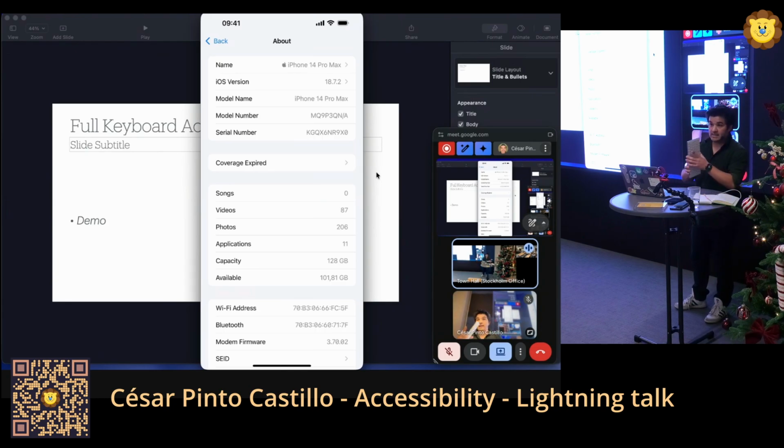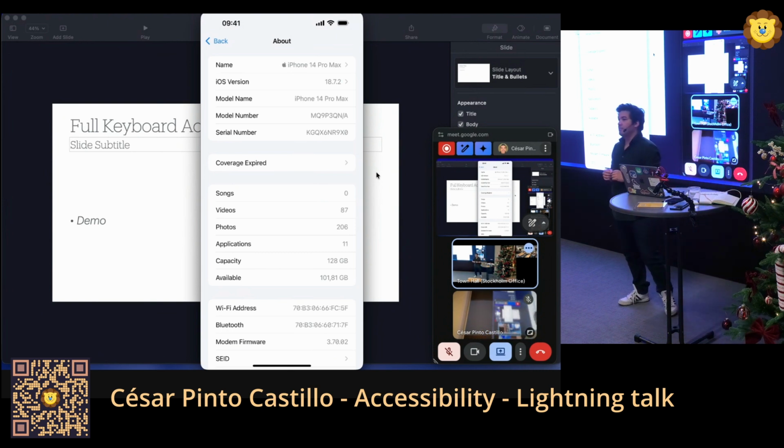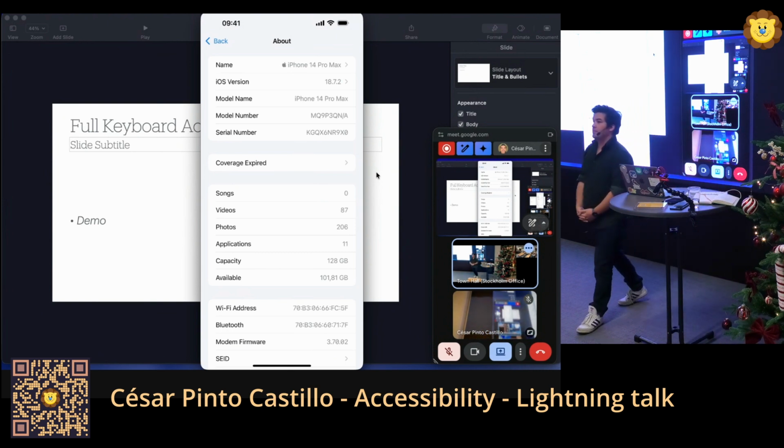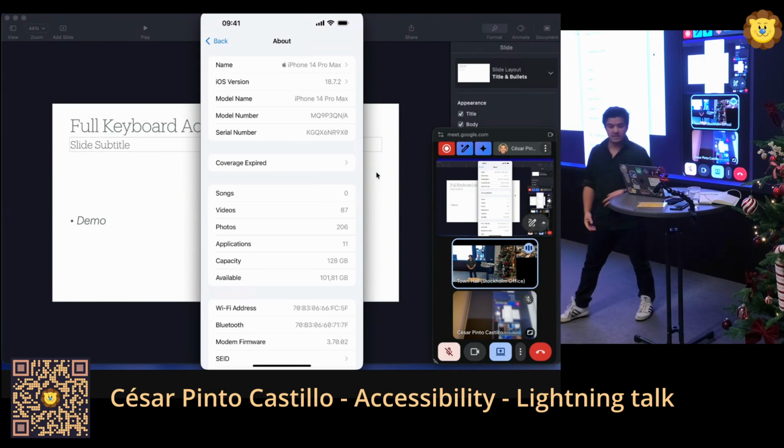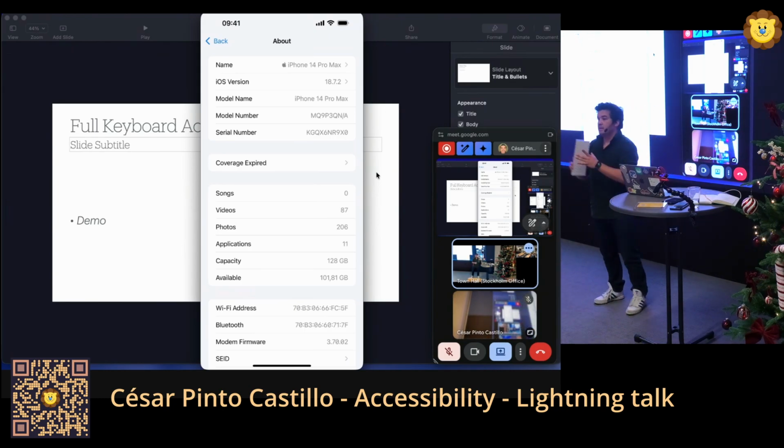But full keyboard access is for users who can actually consume the content on the screen but cannot interact with the screen. So they are able to interact with the keyboard. For example, imagine this keyboard is just one way to interact.